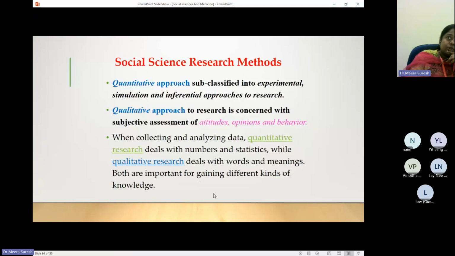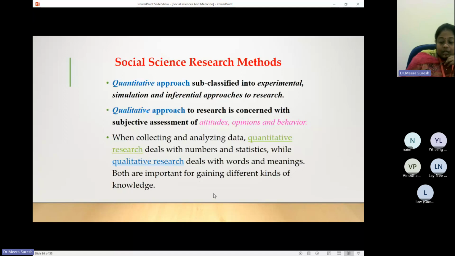If what we want to learn is the prevalence of AIDS in a society, we need to know the prevalence, which means we need to know the number. So obviously we have to deal with the quantitative approach. But if you want to find out why tuberculosis is seen in such a high number in a particular society, we can't have any numbers. We need to find out the reasons, and that will come under